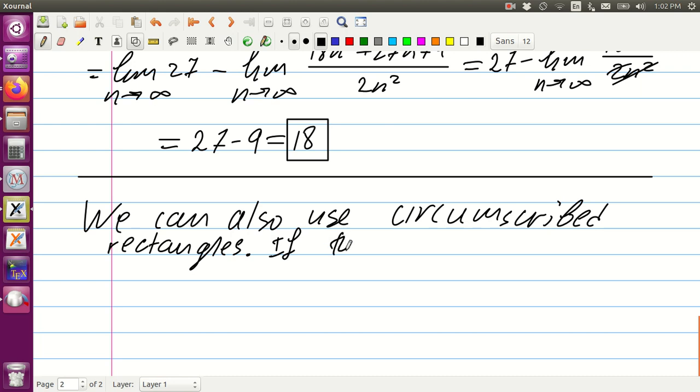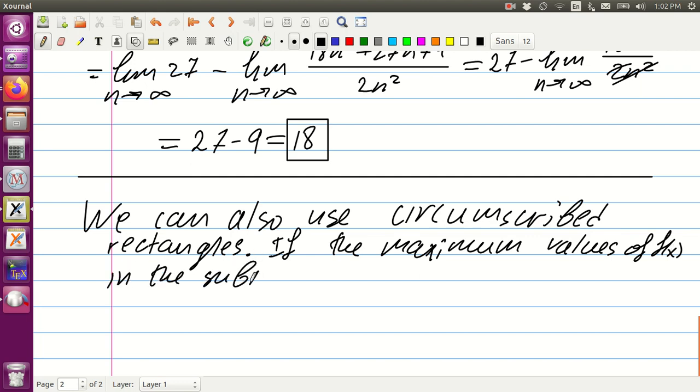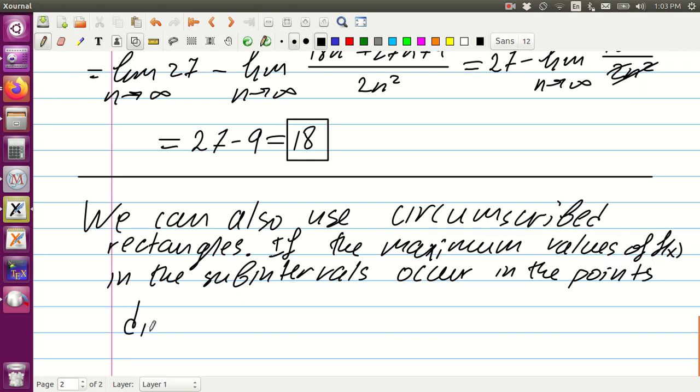So if the maximum values of f of x in the subintervals occur in the points d sub 1, d sub 2, and we have again d sub n of them, we have n of them,